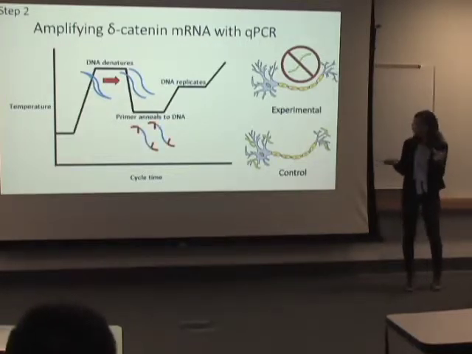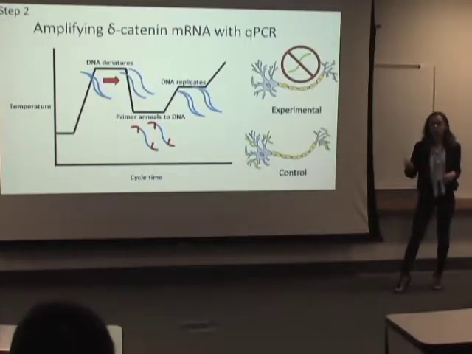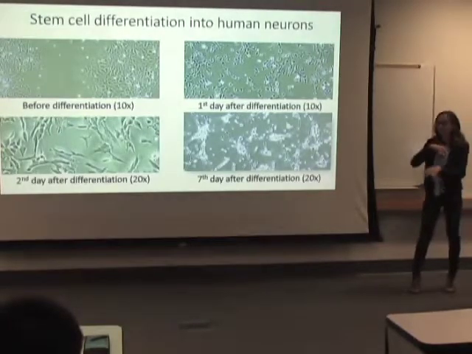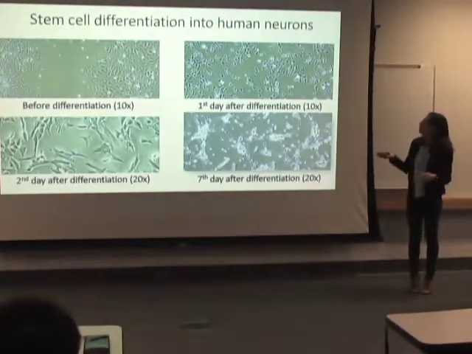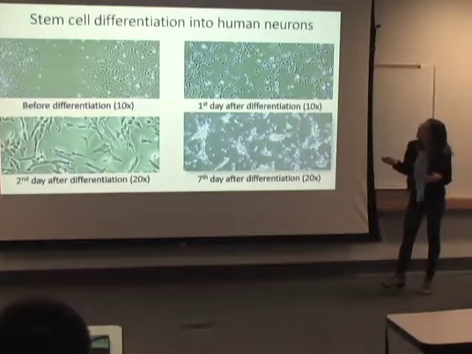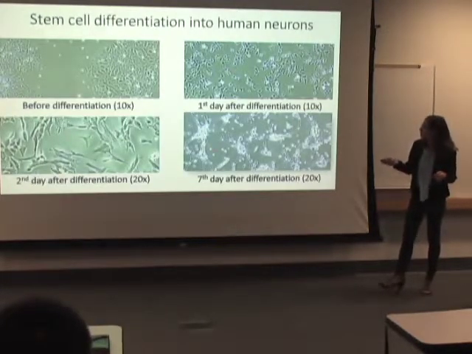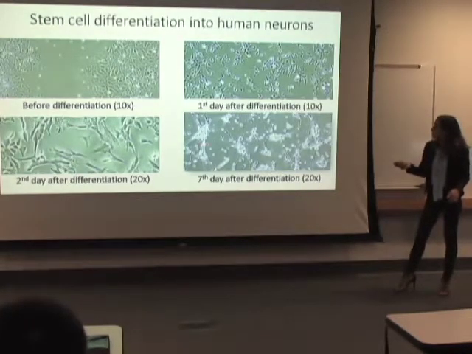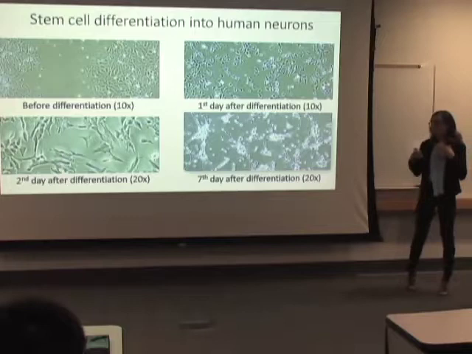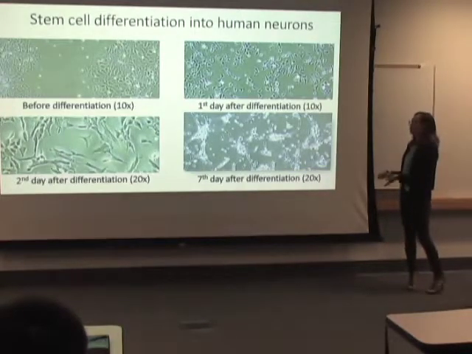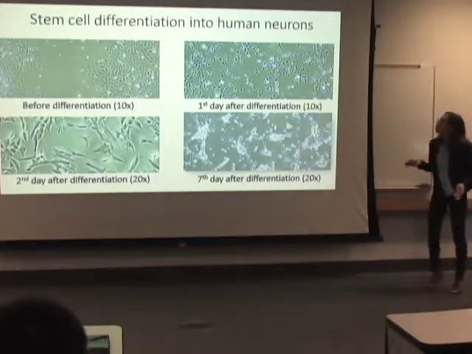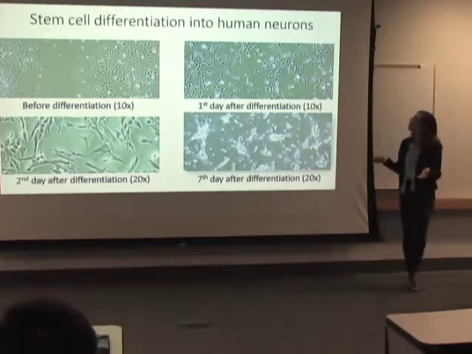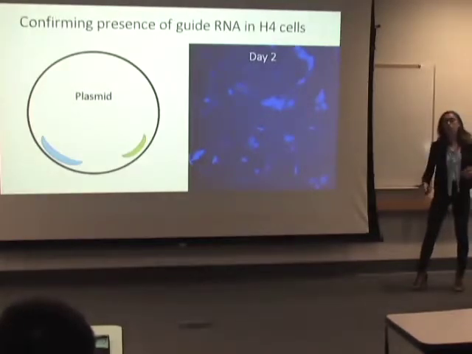Well, CRISPR-I uses the dead Cas9 system, which binds to a specific area of the gene, but it does not cut it. So we used these three together, and then we used our 3 different guide RNAs that coded for the 3 specific sequences. And so the guide RNA was used to look at the gene, and then the KRAB repressor was fused to the dead Cas9 system, and that was the repression machinery, which was used to stop the protein from being produced. So the second step is we wanted to measure the relative expression between our experimental sample,